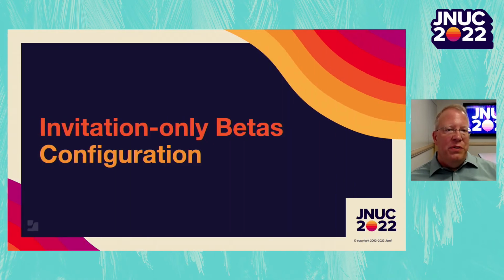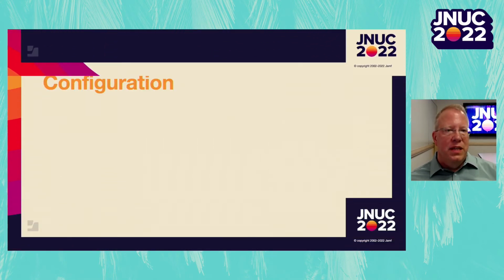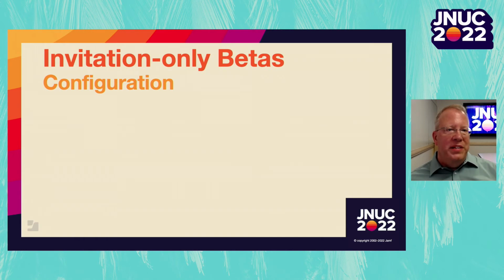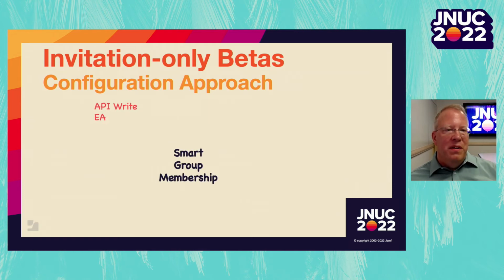Now that you've seen an overview of invitation-only betas, let's work on the configuration. For invitation-only betas, we'll need to configure the usual suspects. But before we do, let's discuss your preferred configuration approach. Ultimately, all of our policies rely on smart group membership. One approach is to leverage the Jamf Pro API to write values to an extension attribute, which immediately changes smart